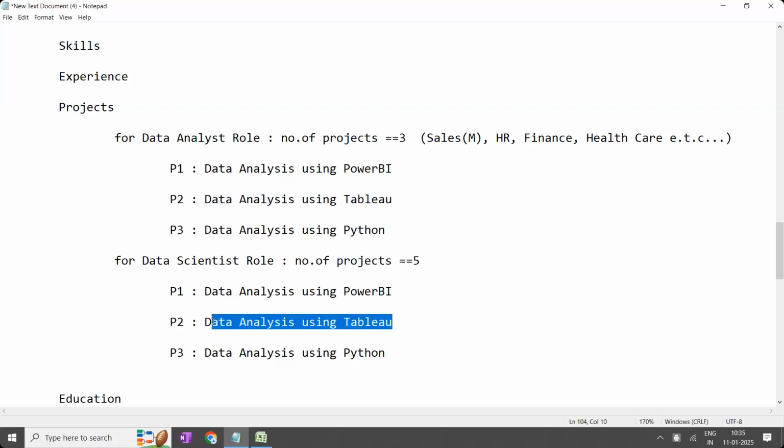And the projects that are discussed in the class, please don't use them in the resume. You have to choose a different project. That is the foremost important point for the resume. Okay, choose as per your choice.